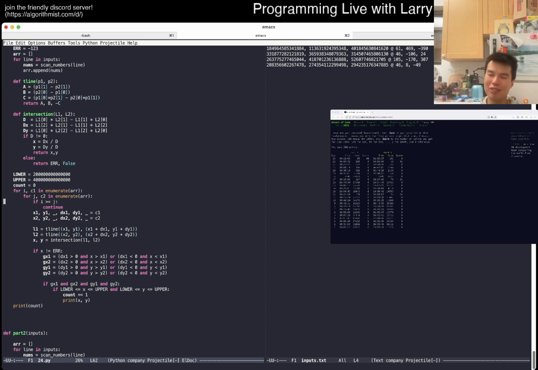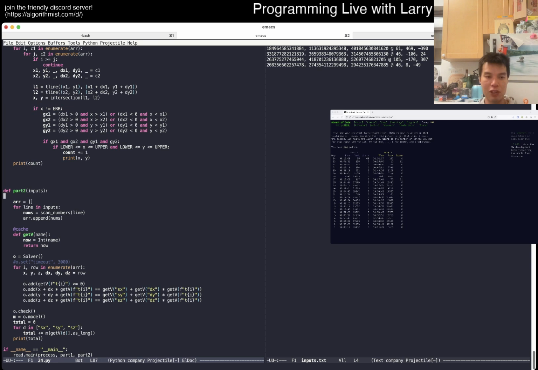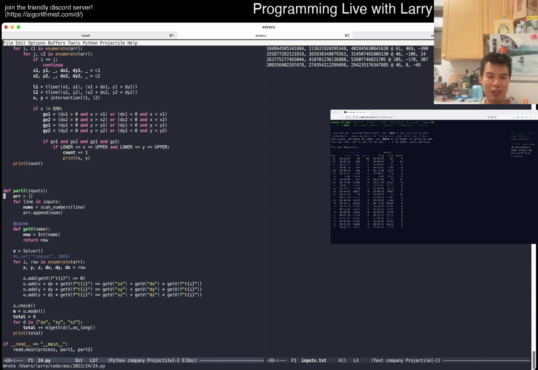What do they call it in math again? I forget all the terms, this is such elementary math. But yeah, every two lines intersect, other than parallel lines. So basically, that's pretty much the idea. You just have to make sure that they're pointed the right way. And then part two is just setting up the system of equations. I don't even know if I can explain it, it's just a library function, right? So